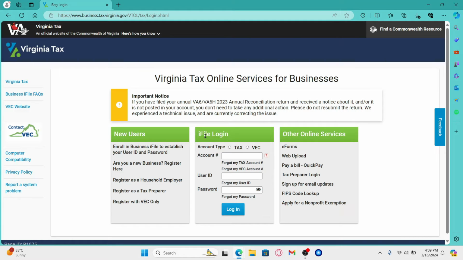Now underneath the iFile login section, choose your account type first from the tax and VEC option. Then enter your tax account or your VEC account number. After entering this information, type in your user ID within the user ID box and then enter your account password